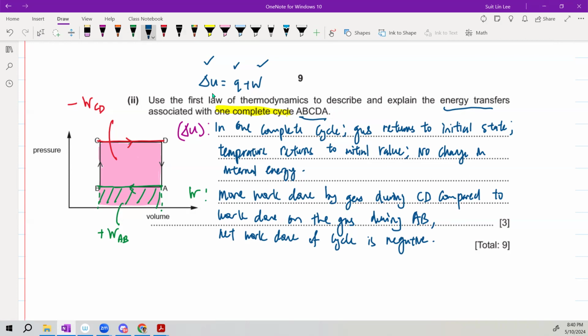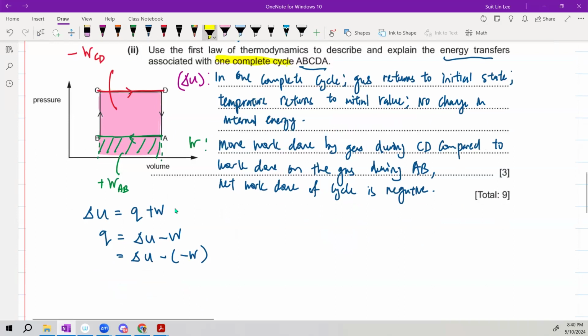So let's rearrange my delta U first. Delta U is Q plus W, but Q is equal to delta U minus W. So right now, my W is negative. So it becomes delta U minus negative W. Okay, the net work done of the cycle is negative. You have a negative here. So negative, negative, positive, but this delta U is 0. So your Q is positive W. So hence,